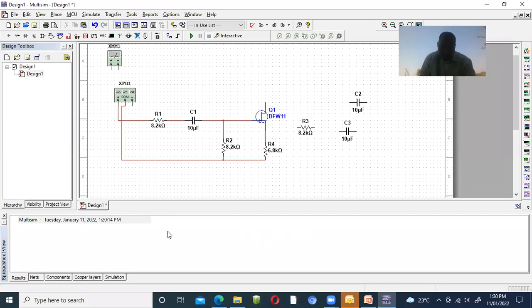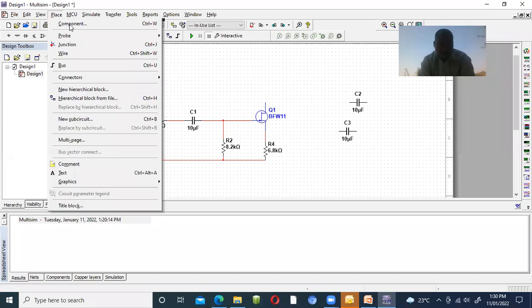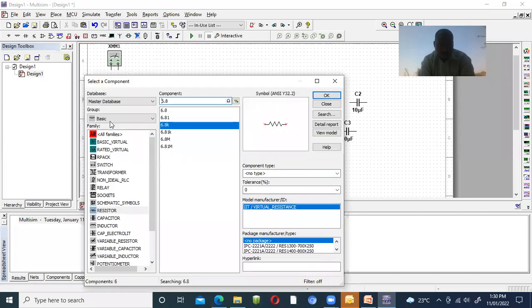We don't require it. One minute. We don't require it. Delete it. After all that, there is a power supply. Here is one of the power supplies. We have to place component sources. Sources is nothing but a power supply. Sources. Okay. So we have a requirement of the power sources. Right? Power sources. Click on it.